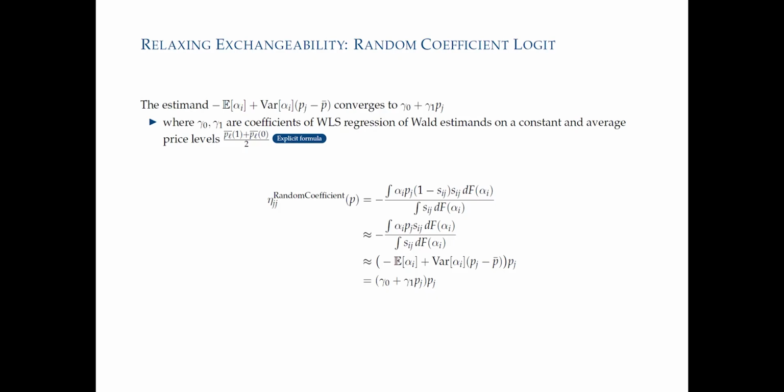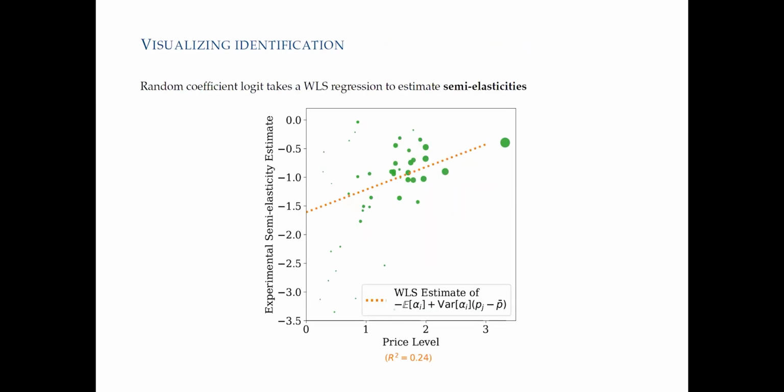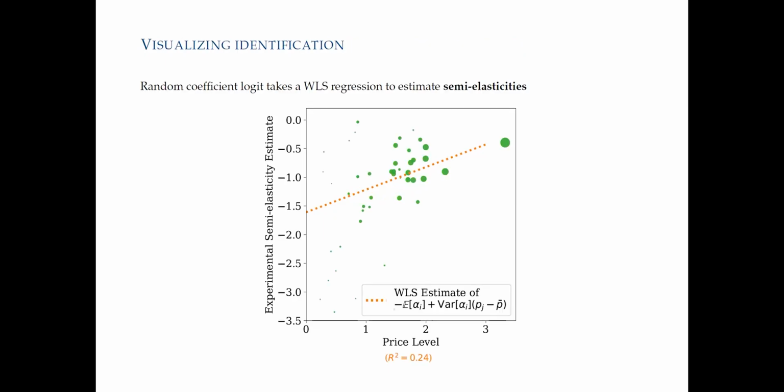How is this estimate identified? Well, it's going to be a regression like before, but it's not going to be a regression of the experiments on an intercept. It's going to be a regression of the experiments on an intercept and a slope. Another way of getting the BLP estimate, instead of going through the whole non-convex optimization, is approximately the same as taking the moment conditions and the moments you use, running a regression of those on the intercept and the slope. Do they look the same? Very much. I mean, not exactly, because you have random coefficients on the characteristics and so on, but it's a pretty good approximation.